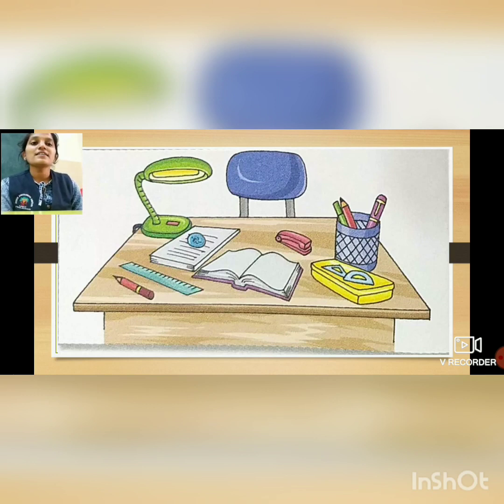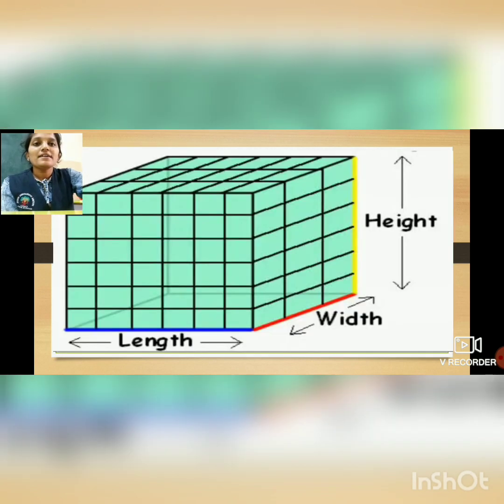Here we can see that there is a stapler which is made up of steel. Then there is a table which is made up of wood. Even there are so many things like books, a lamp, and a chair which is made up of wood or steel. So all these things are made up of particular materials, and that material is known as matter. Now students, matter has weight also. The amount of matter is measured by its weight. That means matter has weight and it has a volume also.